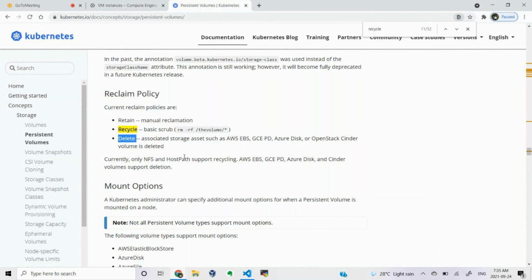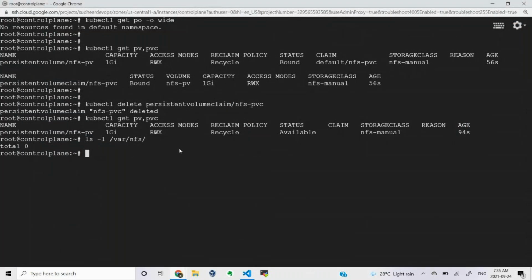Let us try to verify whether it is possible with NFS or not. As per this suggestion, it is not possible. Let us do an experiment. Nothing will happen to it. So I will create one directory: mkdir /var/nfs, and then backup. I will change the ownership.